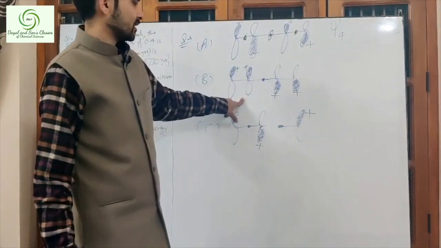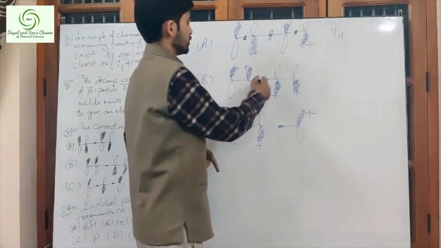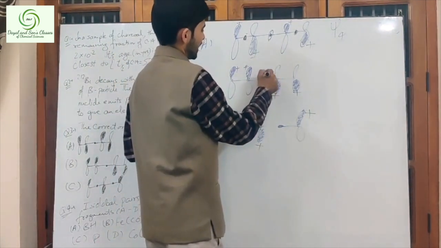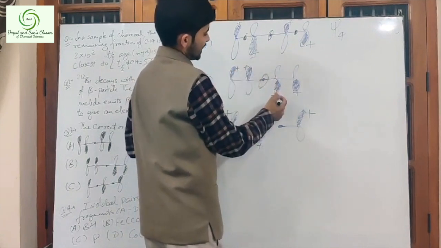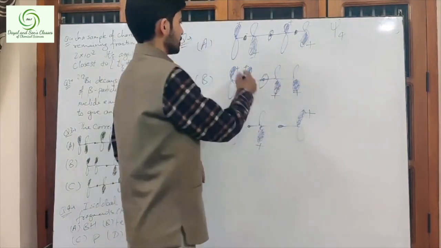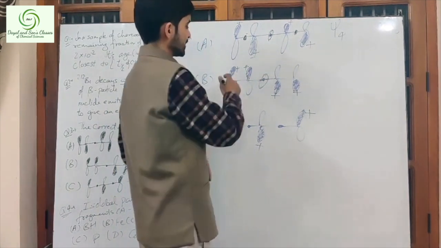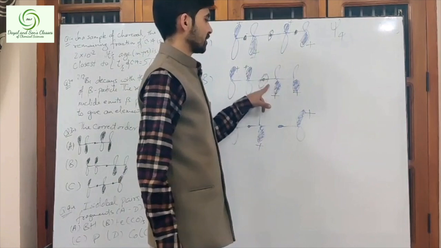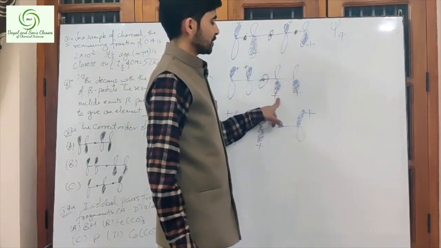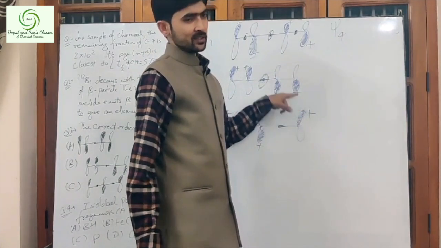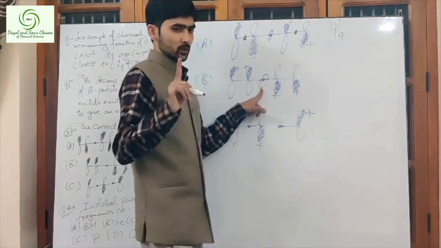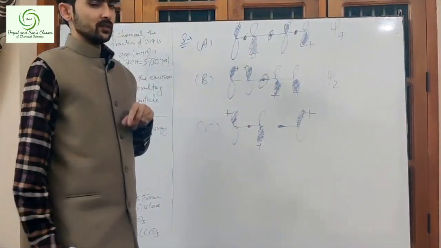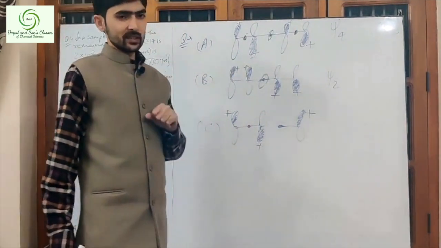Now in this case we have only one node. Why? There is only one time the sign is changing. Here we have plus plus, then we have plus plus downside. So plus plus means there is no node present between these two lobes. Here plus is here, here plus is here. That means there is one node here. But again here plus plus, both plus are on the same side, so there is no node. So there is only one node, so I can represent this as psi 2.